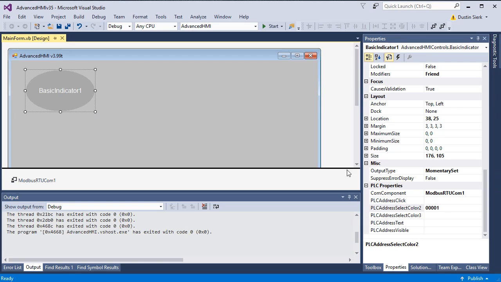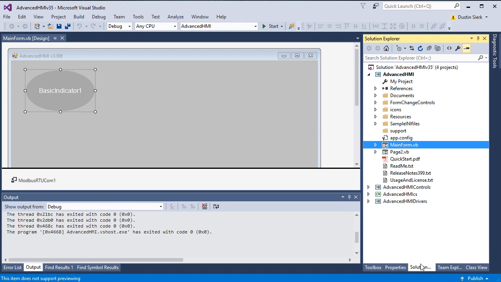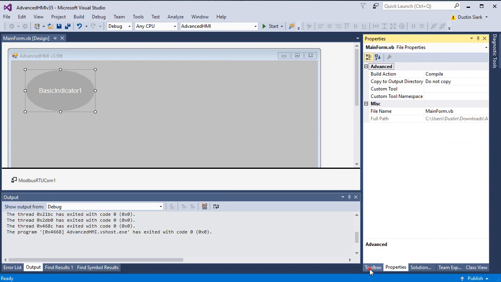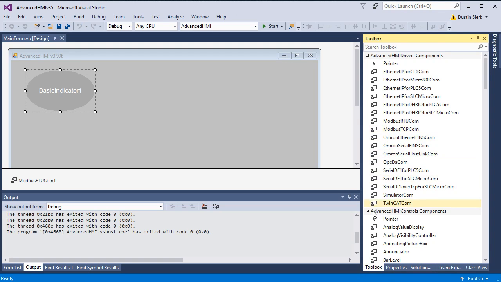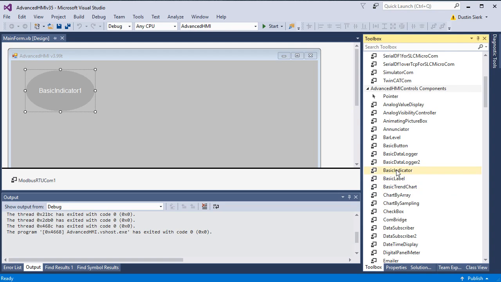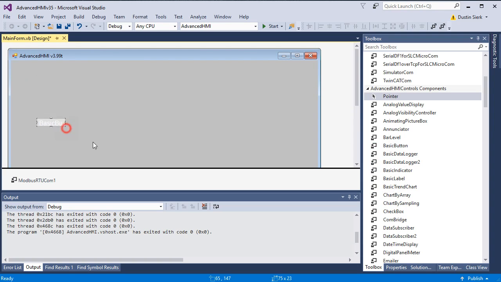We will now go ahead and add a button. And this one you won't be able to see as well. I'll just have to tell you what's going on. If we add a basic button right here. We add this,